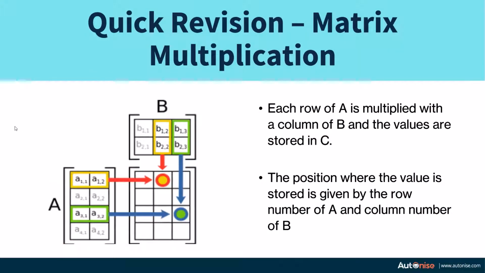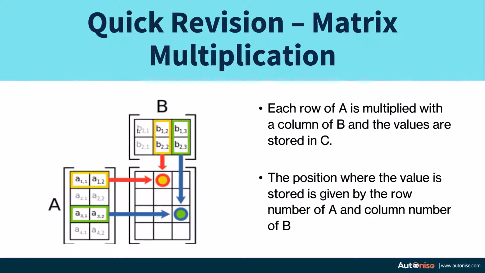Before we start getting into complicated mathematics and understanding how neural networks work, how perceptrons work in a large number of cases, let's have a quick revision of what matrix multiplication is. So let's say we have two matrices, A and B. When we multiply A and B, we do a matrix multiplication. First of all, there are some conditions which need to be satisfied so that the matrix multiplication is valid. So the number of columns of A should be equal to the number of rows of matrix B. If this condition is satisfied, then only the matrix multiplication is valid.